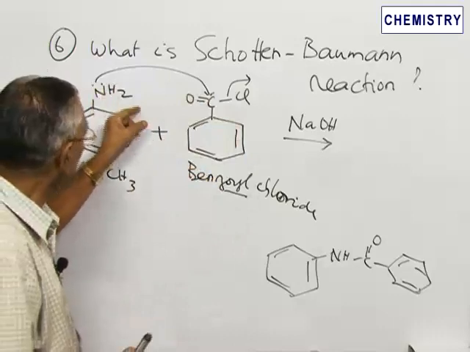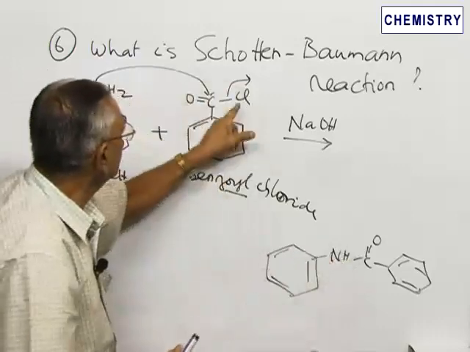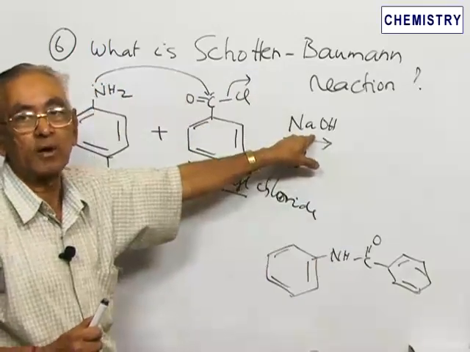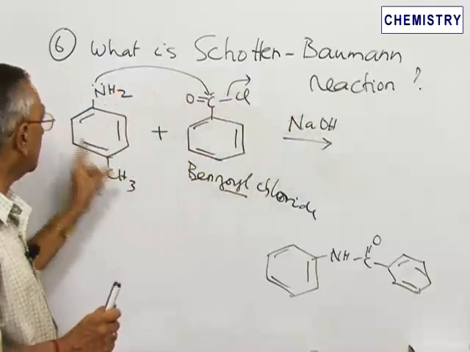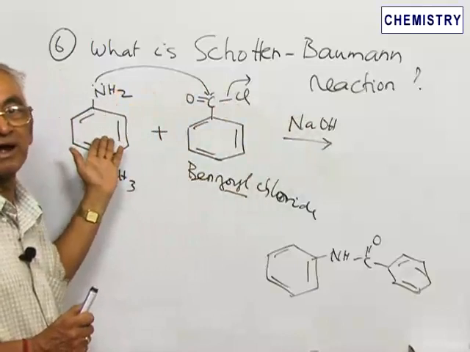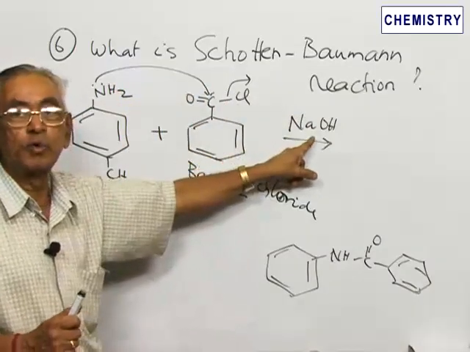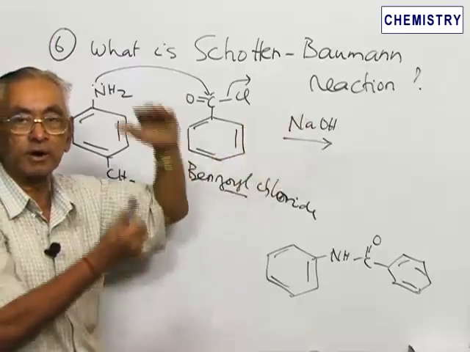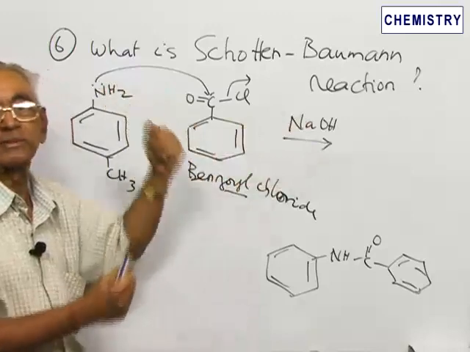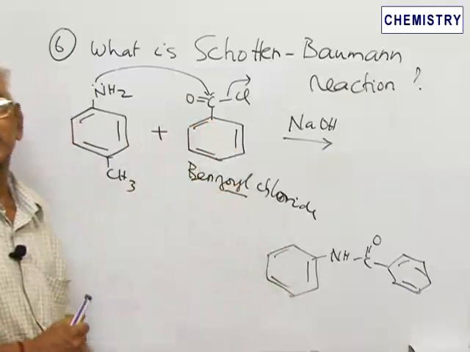One hydrogen is removed from here. We have NH2 here, only NH here. So the hydrogen and this chlorine go off and it is removed by means of sodium hydroxide. So take a mixture of this amine, here instead of aniline we have taken a substituted aniline, and treat it with benzoyl chloride and add a few drops of sodium hydroxide solution, put it in a small test tube or a boiling tube, close it up with a nice stopper and shake it vigorously, and you get the product which is known